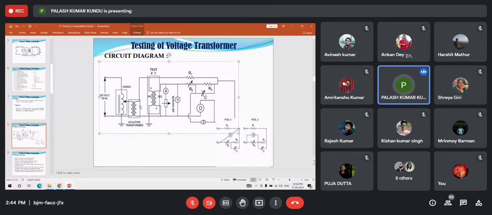Why is the isolation transformer used here? When the primary winding is directly connected to the variac, the impedance of the variac will cause electrical loading. So to avoid the undesired effect due to the electrical loading, there must be a 1:1 ratio isolation transformer. By using the isolation transformer, the electrical loading can be avoided.